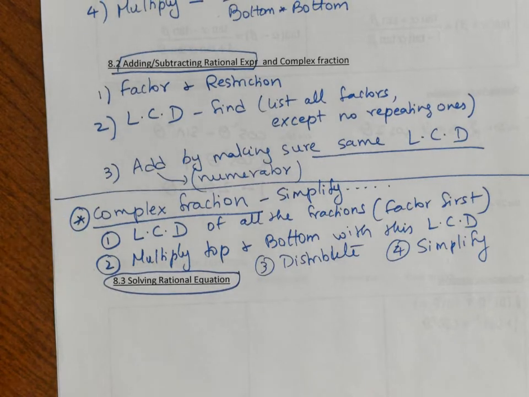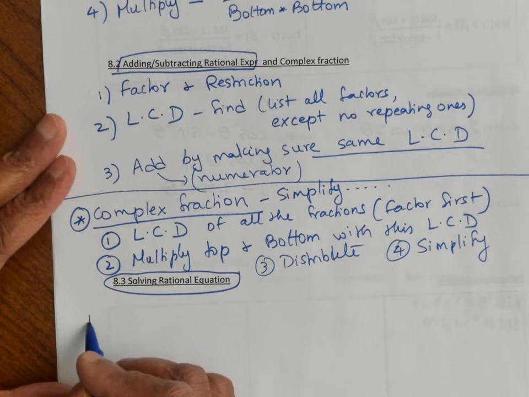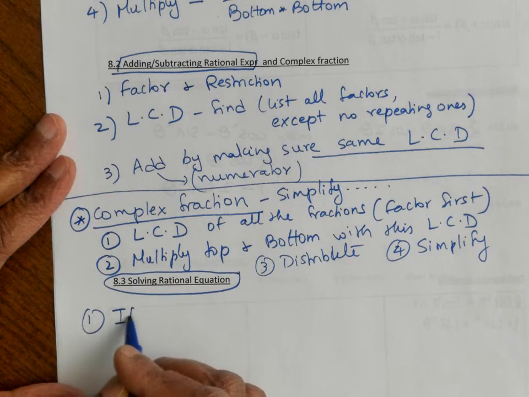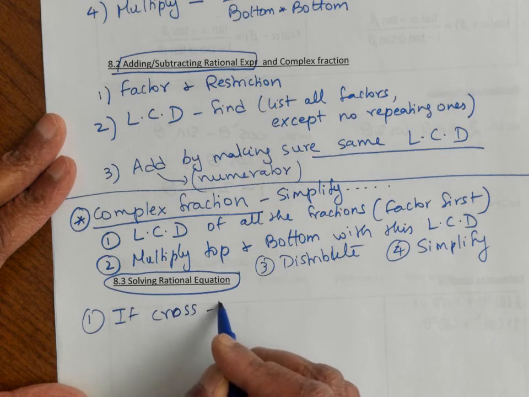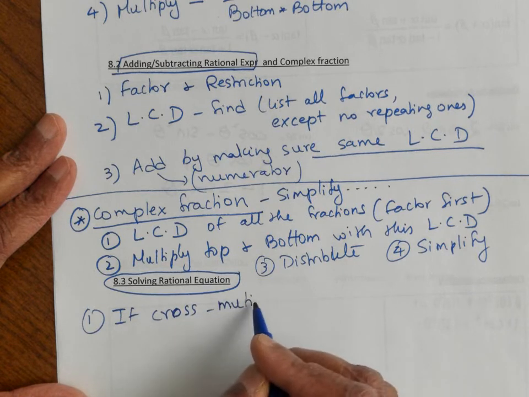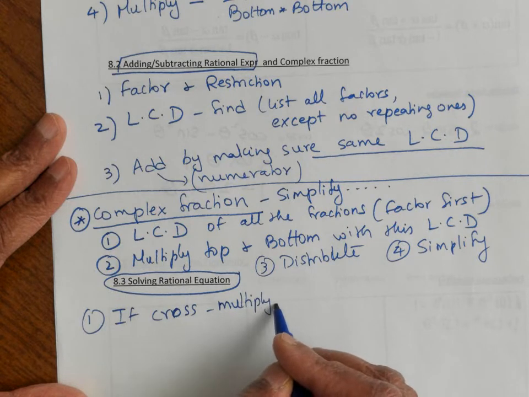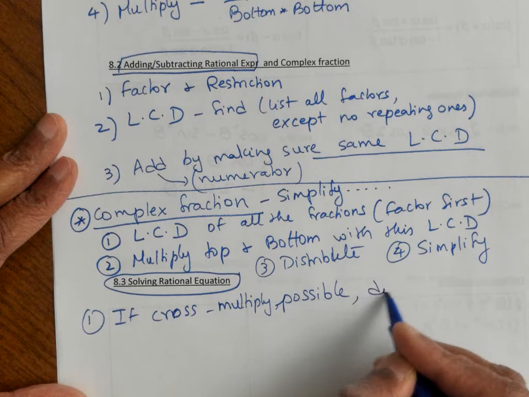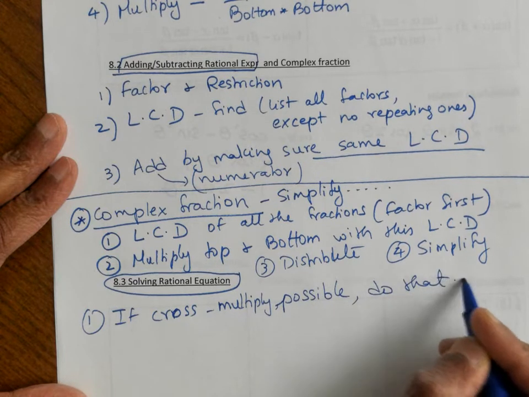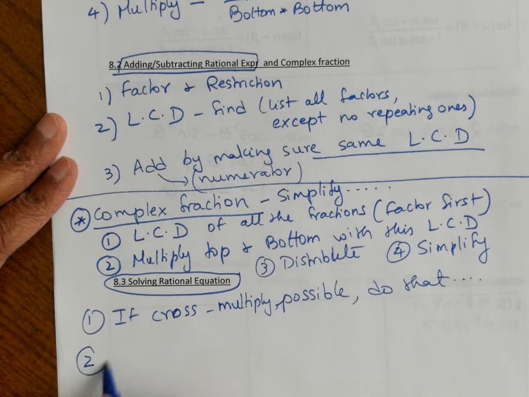Solving is sort of similar to a complex fraction. If you can cross multiply, cross multiply. If cross multiplication is possible, do that. But remember that's not always possible. But if cross multiplication is not possible,